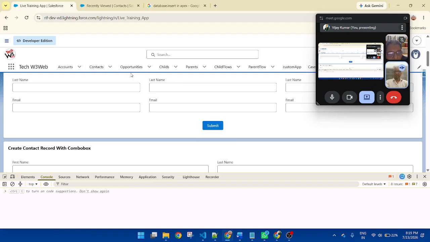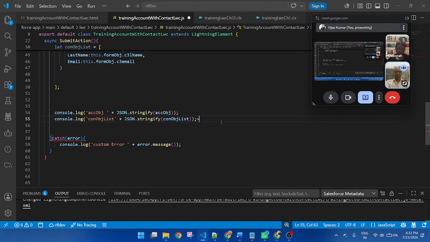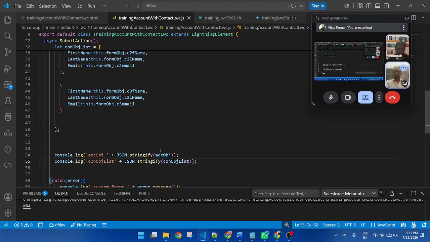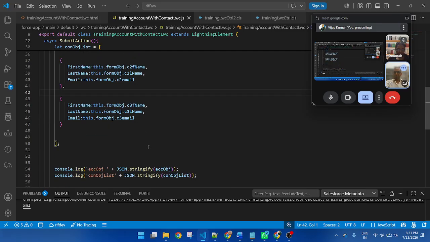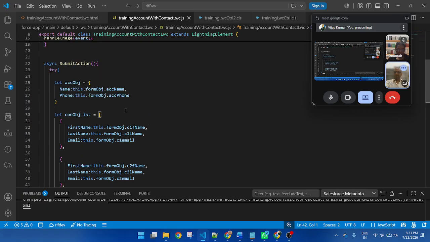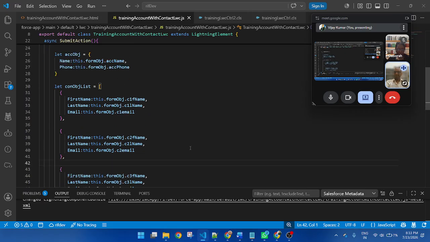Why displaying error? Now let me write again the code. Process is the same. Nothing will be different.